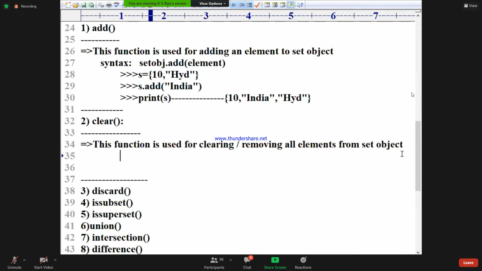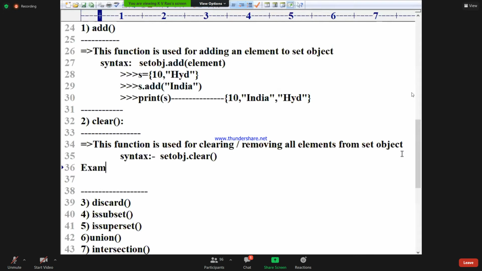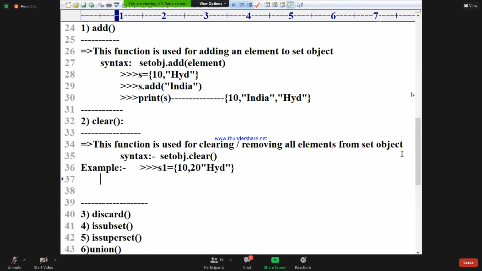Okay. Syntax: set obj dot clear. Example: S1 is equal to 10, 20, HYD. LEN of S1, which will print 3.